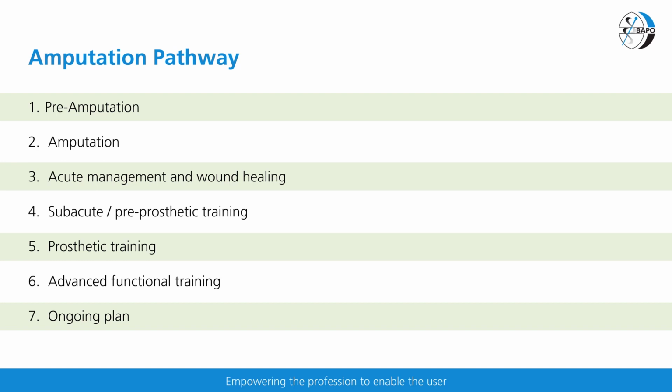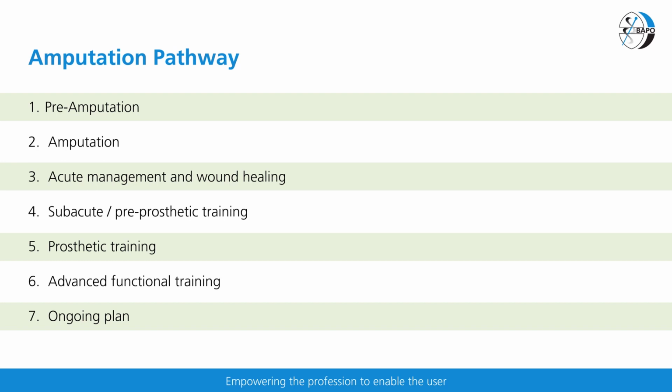For those that have a pre-planned amputation, i.e. an amputation that isn't part of a trauma, where surgery occurs almost immediately post-injury, there is the pre-amputation phase. This is where rehabilitation personnel help the individual prepare for surgery and post-surgical expectations. The amputation will occur, and then there is acute management and wound healing, usually provided by the nursing and hospital-based